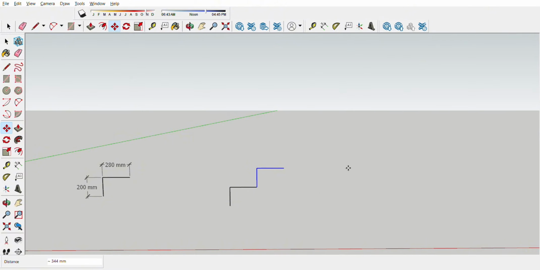Your move copy tool is still active, so you can type 13 times. That is your step. It means 13 plus 1, that is 14 steps total, because you already did this one, so you are doing the remaining 13 times. Press enter.